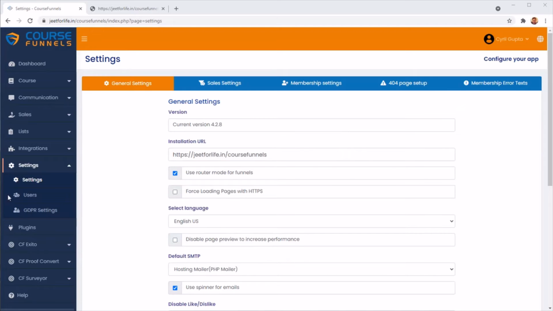So here we're going to the settings menu. Inside of settings, you will find a lot of powerful settings that you can set up to make your courses better. Like we've got a URL, you can install CourseFunnels to any URL, you can put it on the main website. But if your main website has multiple courses, you want to make multiple courses on one website, CourseFunnels fully supports that. You can install CourseFunnels in a folder and you can have multiple folders for all of your courses. So this is something that many people don't give you. Actually, nearly none of them give you. They ask you to host one course per website, but in CourseFunnels, you can host multiple courses on one website,